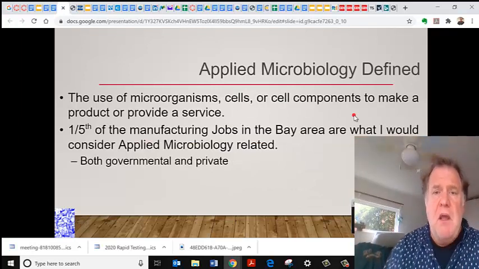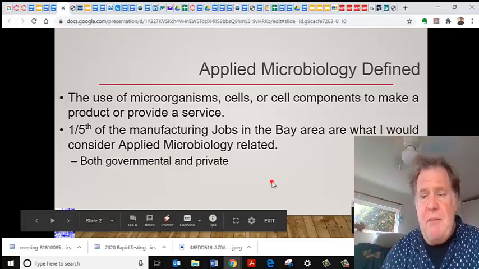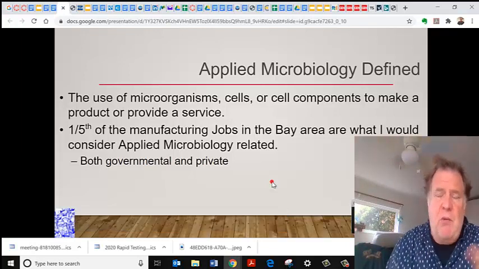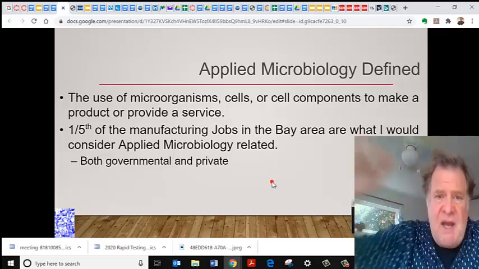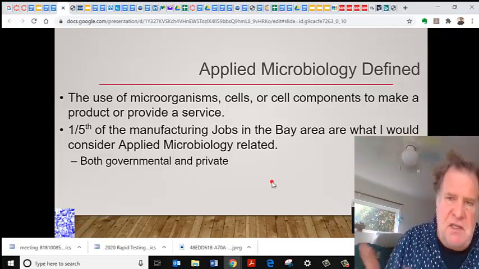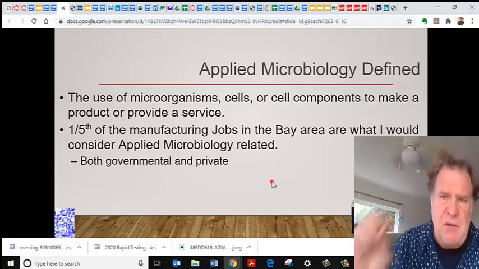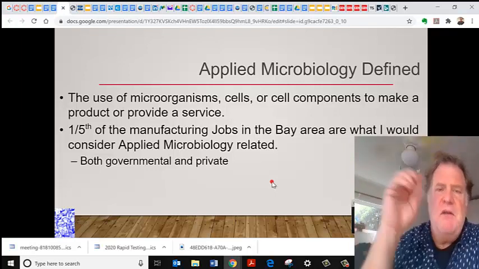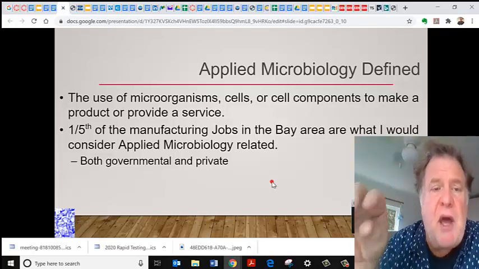So, applied microbiology defined. I went to a conference one time, and a guy stood up and asked, what is biotechnology? And he said, biotechnology is using microorganisms to make money. We want to be a little bit more nuanced than that. Applied microbiology is basically the use of microorganisms, cells, or cell components to make a product or to